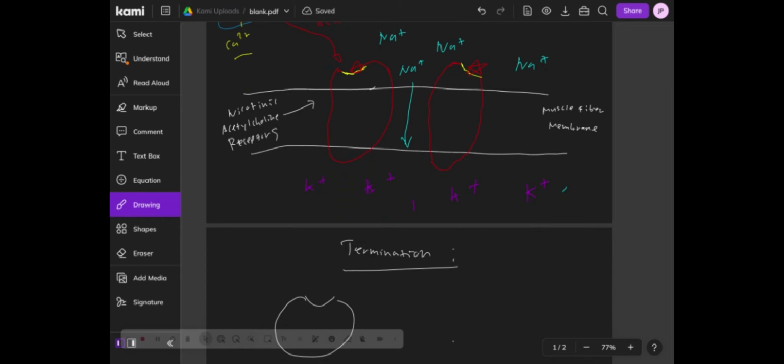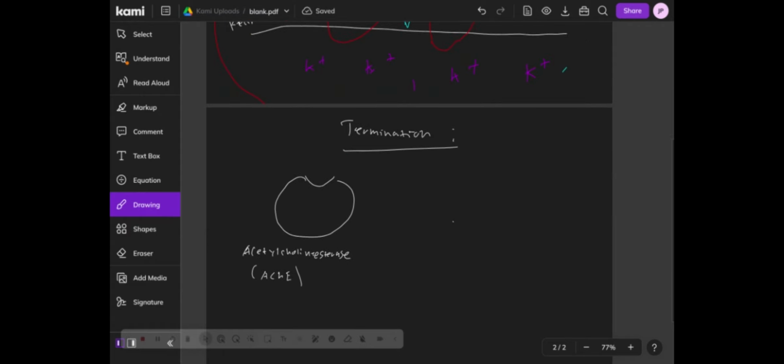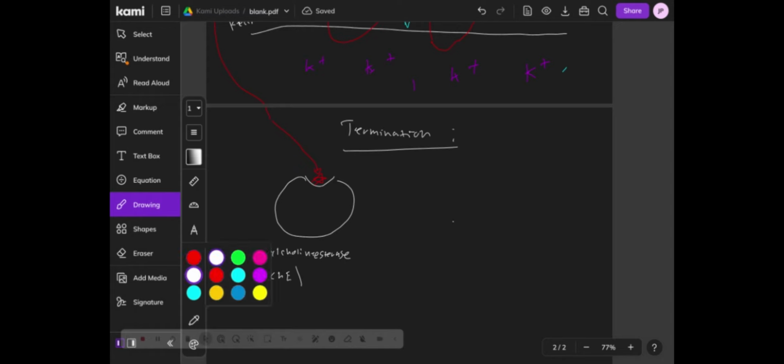So what happens is the acetylcholines that are attached to the binding site of the nicotinic acetylcholine receptors are going to bind with an enzyme called acetylcholinesterase, also known as ACHE. They're going to come here and attach to the enzyme. This enzyme is present in the synaptic cleft, and what it does is it breaks down the